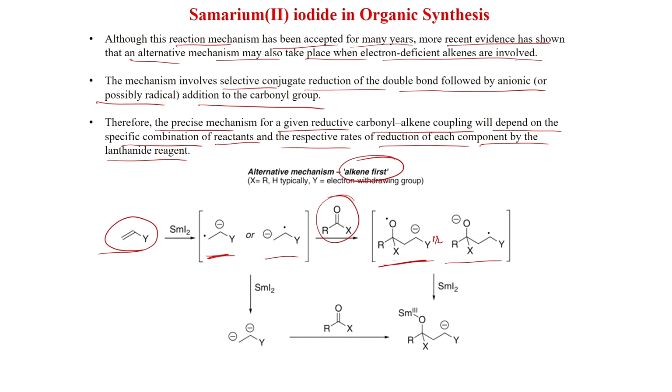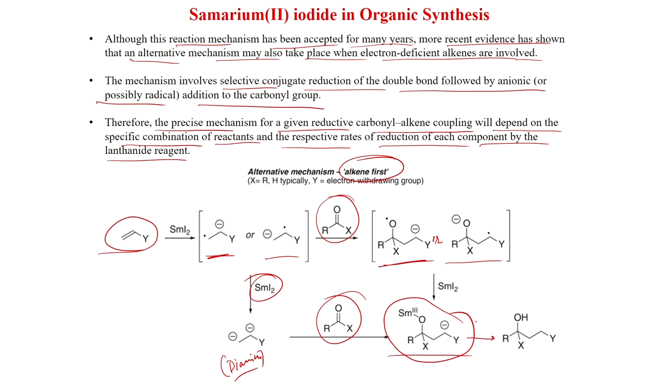and with samarium iodide again you get this O dot or C dot becomes an anion. So, here this carbon anion is generated along with the O anion. Alternatively, this radical anion can react with samarium to generate this dianion, which is less likely though. The dianion can react with the carbonyl compound to generate this, and this on proton source generates this neutral compound, which is the product.